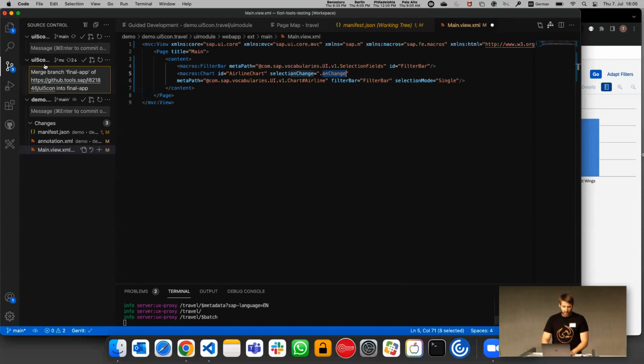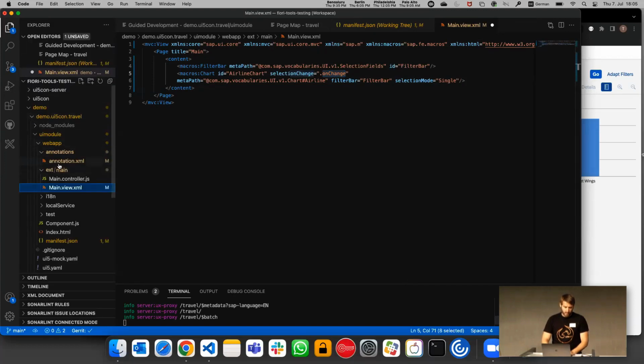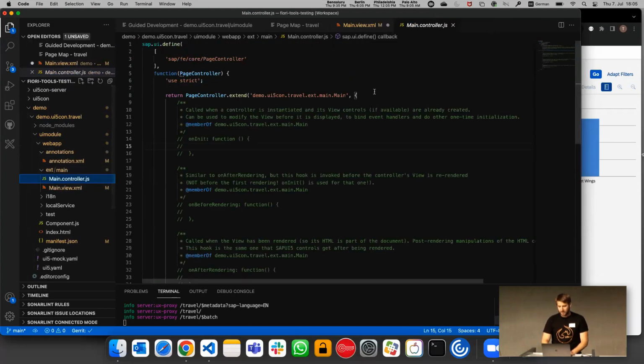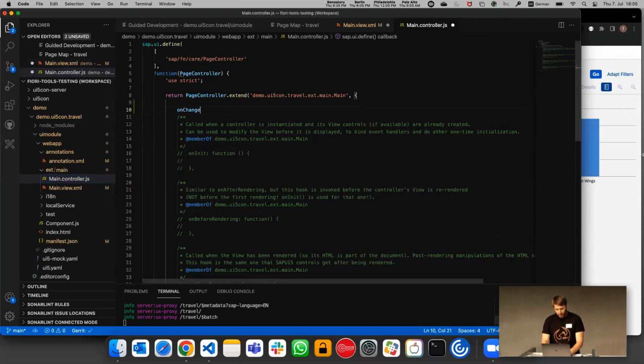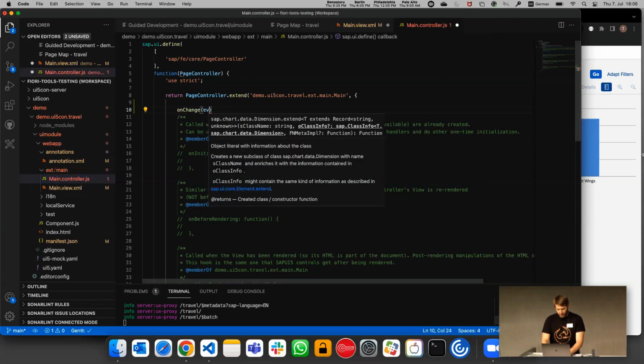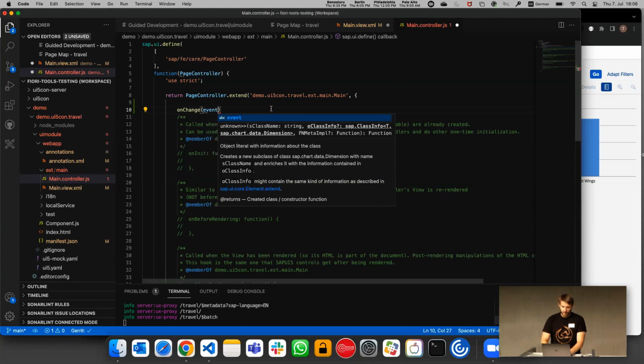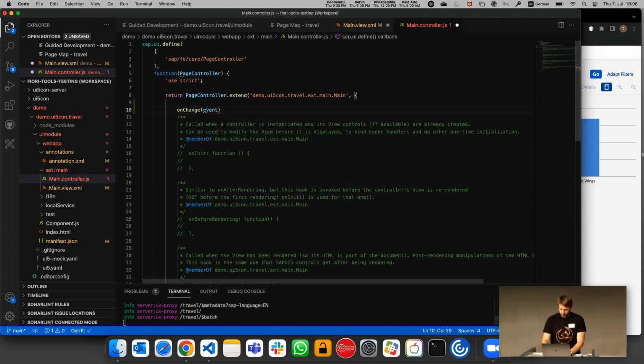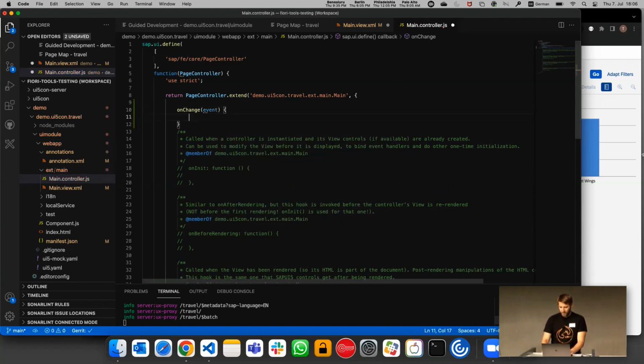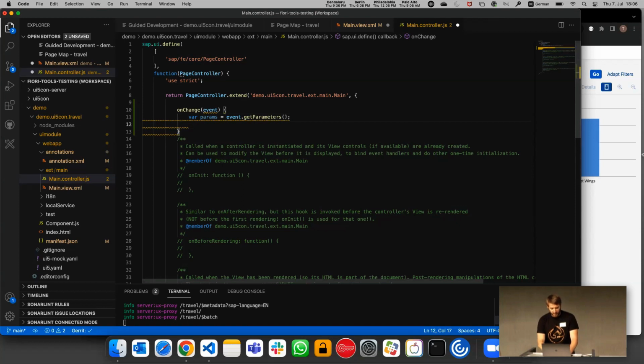So I take the on change, and now I'm going back to our controller class and say, okay, let's add that function here. We have the on change here, and this one gets an event. And for this event, we want to implement some handling. The most important thing I need from that event are actually the parameters, and I can get them with event.getParameters. And obviously, before I started that presentation, I studied the API and I know the event